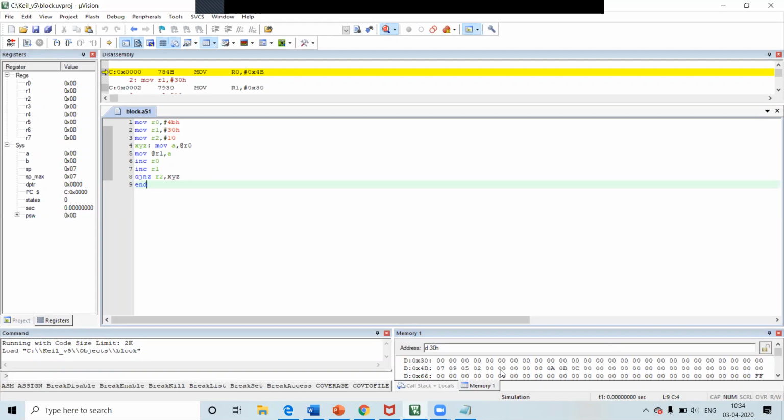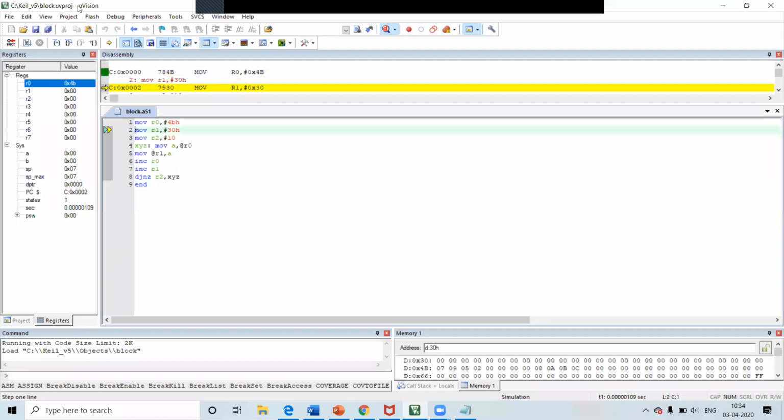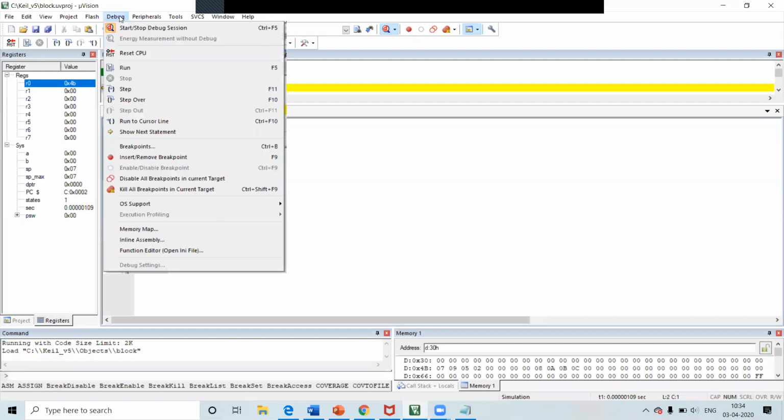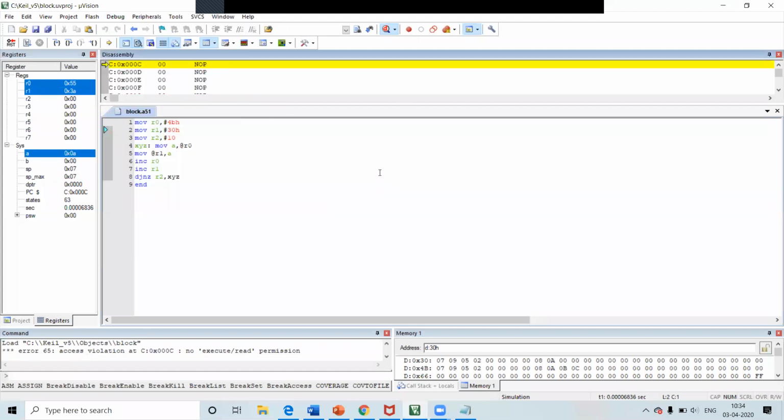Few values I have copied here. You can do it step by step like this, or you can directly execute the program with the run option. So when you run your program, you can see the data. So all these data have been moved. So all the 10 data has been copied and the next are not copied.